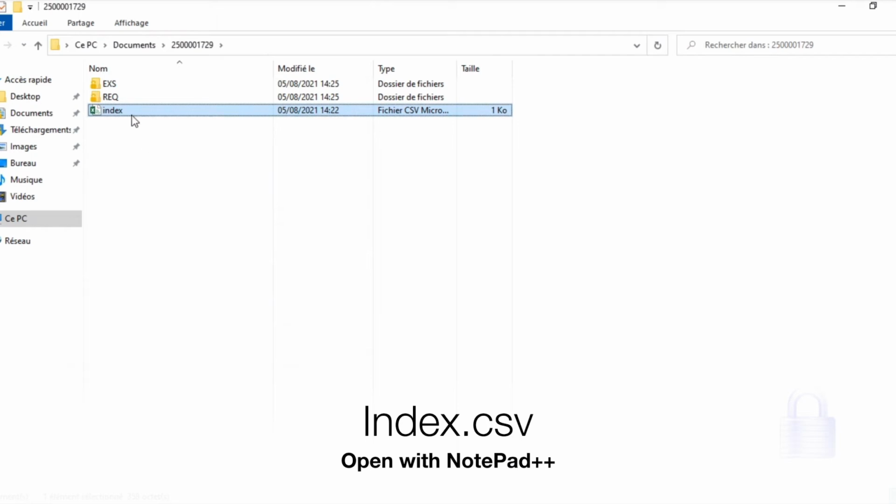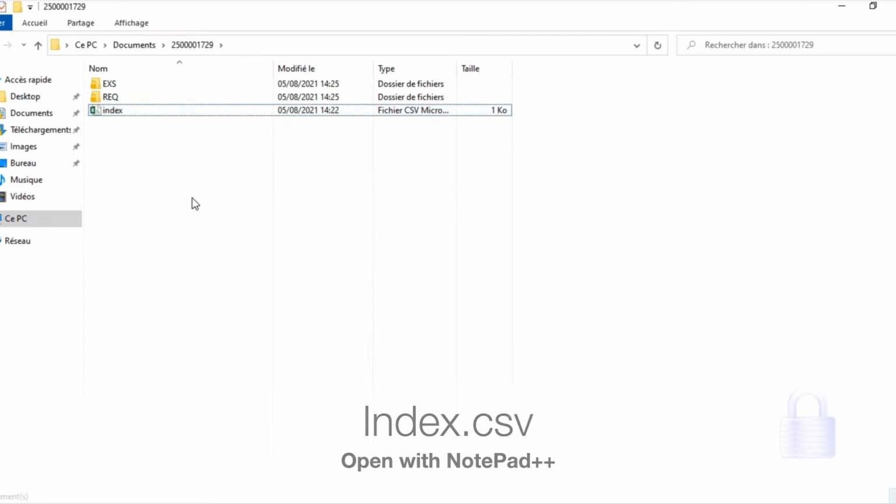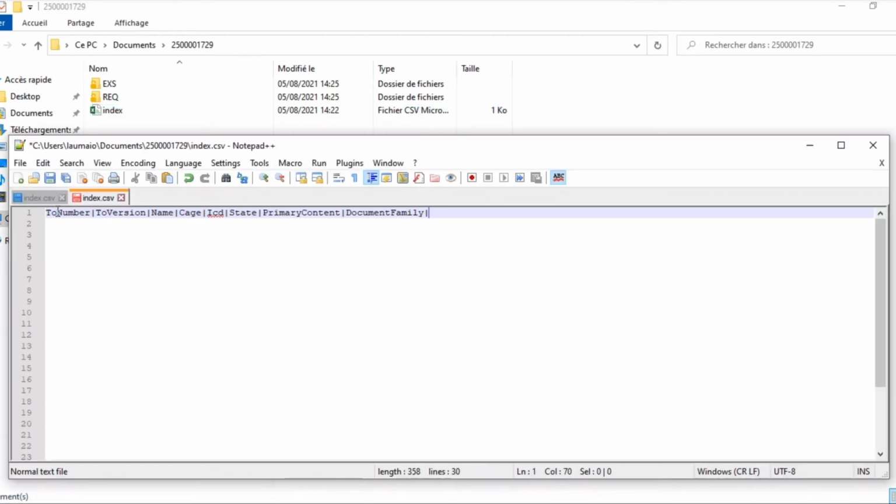Your zip should contain a CSV file which must be opened by Notepad++ and named index.csv. In the CSV file, the first line is mandatory and allows you to fill in all the necessary information. First, the reference of your document, its version, its full name,